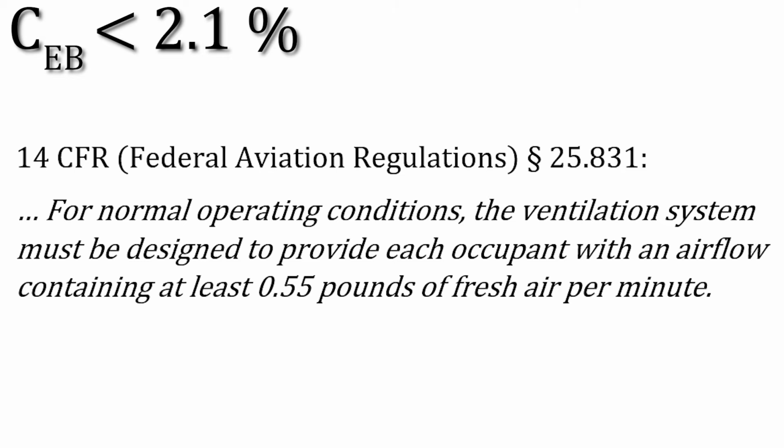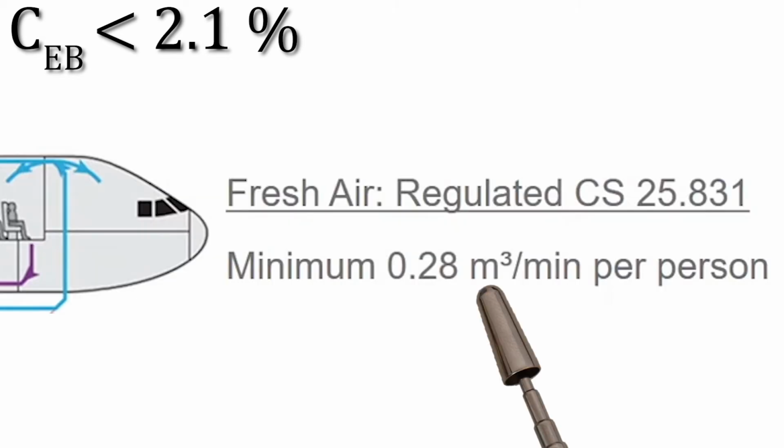Ventilation. 14 CFR, which is the Federal Aviation Regulations, Section 25.831, states, for normal operating conditions, the ventilation system must be designed to provide each occupant with an airflow containing at least 0.55 pounds of fresh air per minute. Now, what is pounds in this case? Is that a force? Is that a pressure? Is that a mass? It is a volume in this case, and that brings us to another video,